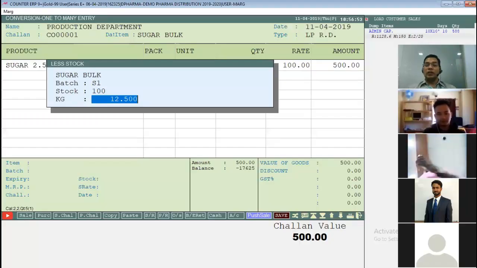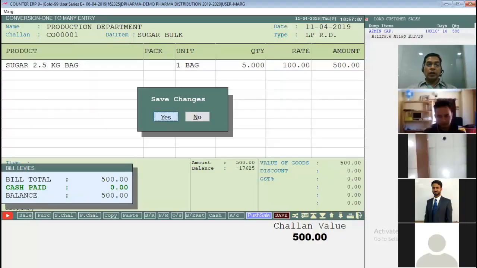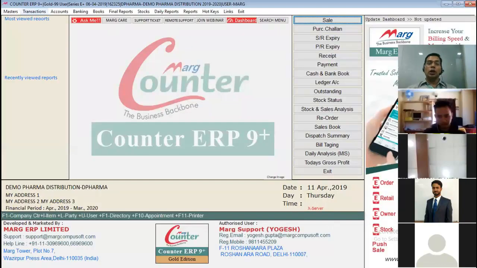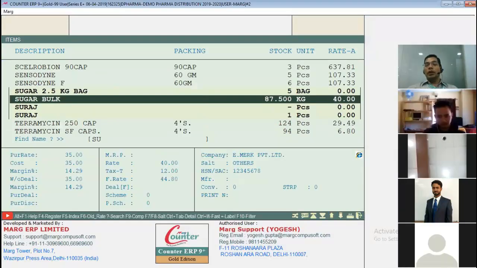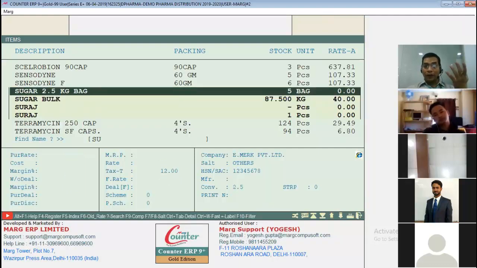Look at that, sir. Automatically the software has reduced 12.5 kg sugar. How did it come? 5 bags into 2.5 per bag equals 12.5. I save it. Now I'll show the stock. Control I. 87.5. It is the total sugar I have, and I have 5 bags.